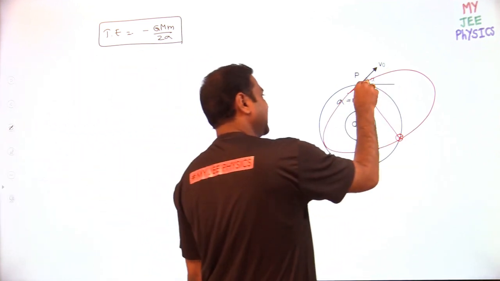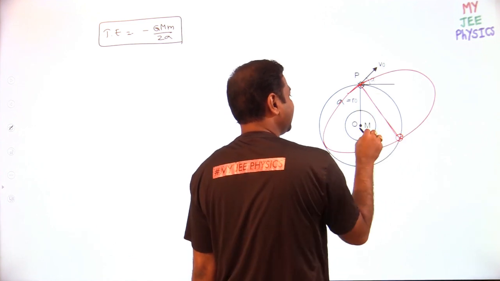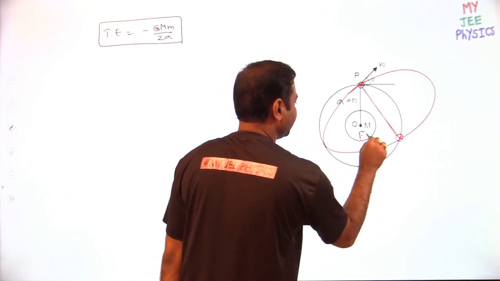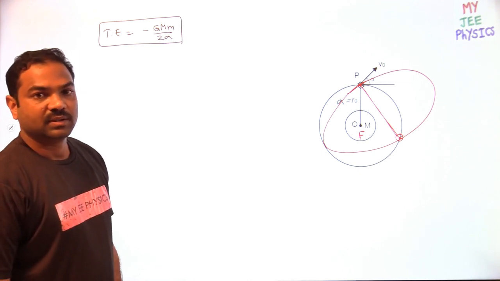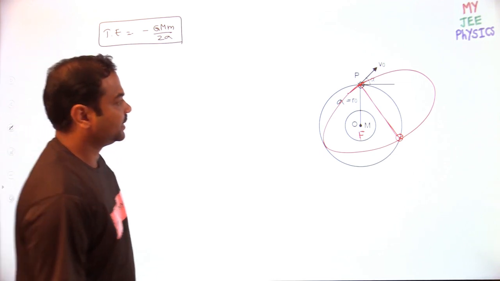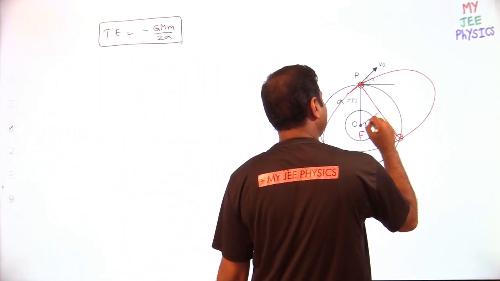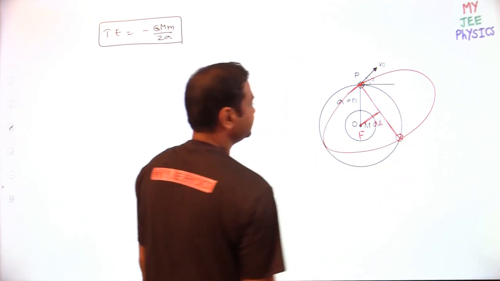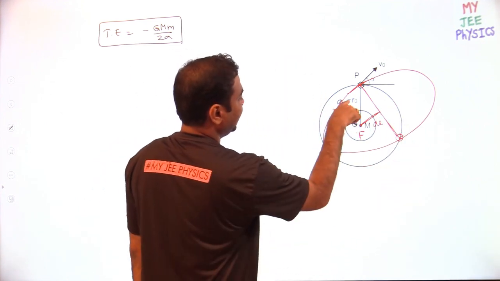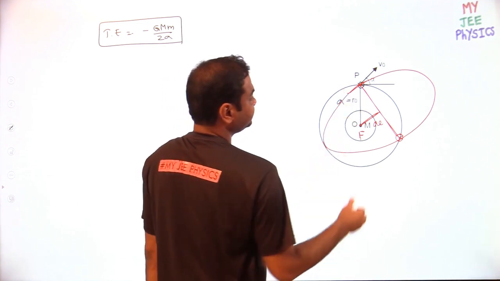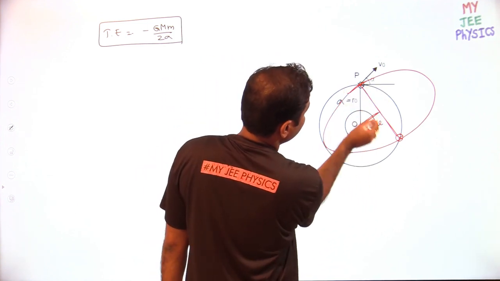So this is the semi minor axis, and this is the distance A. This obviously will be the focus. I hope all of you understood this part. Now what is this length value? This length value is equal to AE. This value is A, which is R naught. Now this is alpha, and then this should be perpendicular.